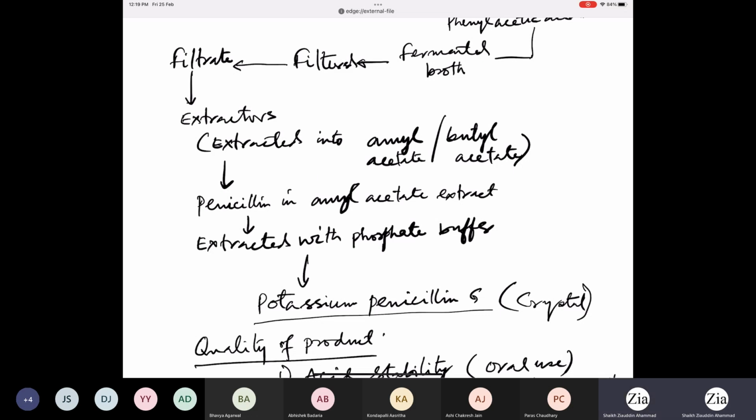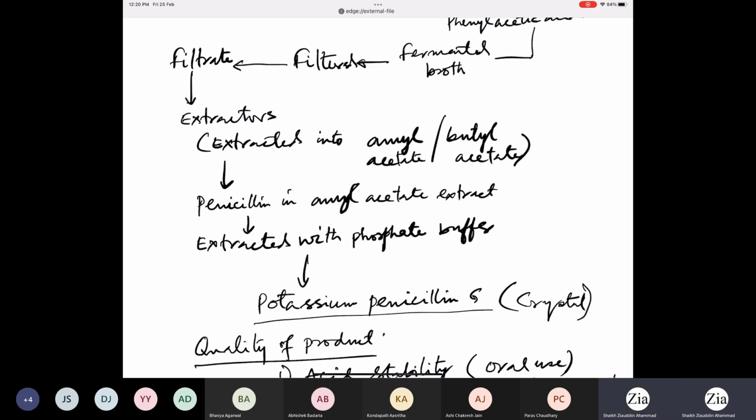And this crystal, whatever you get, also requires further processing because you need to remove moisture for long storage. Also, if you have any other impurities, then you need to use a certain separation technique to remove those impurities from the potassium penicillin G slurry. This crystal is actually formed in the buffer solution, so you end up getting a slurry. Then you centrifuge or dry to remove the liquid, and finally the solid you get, you use for production